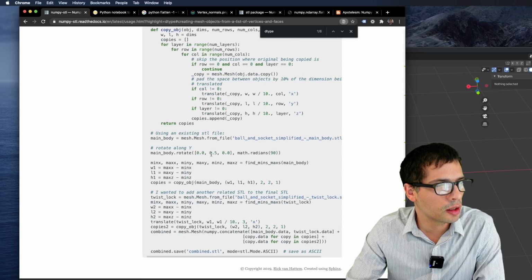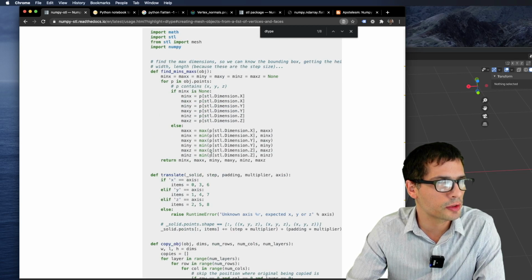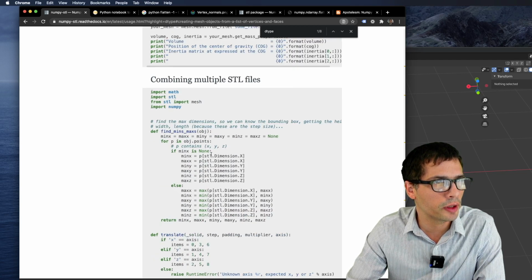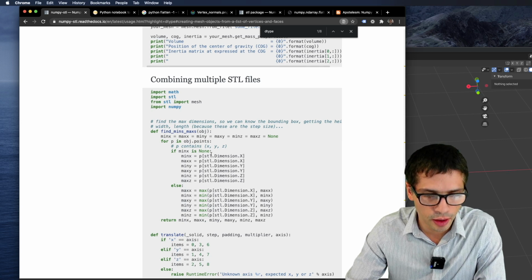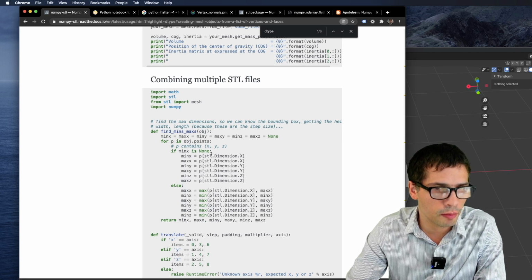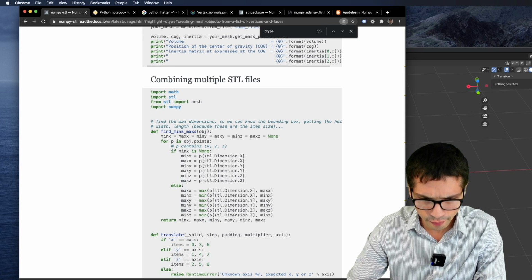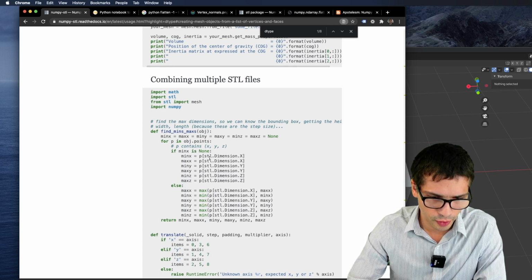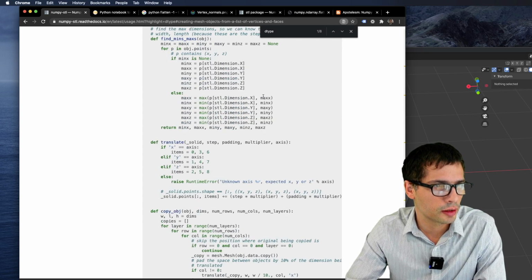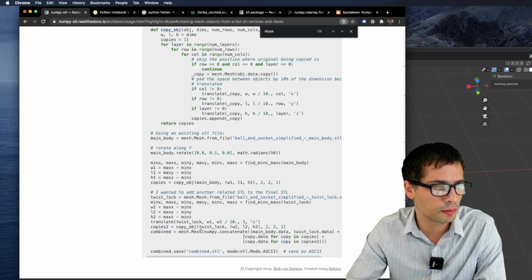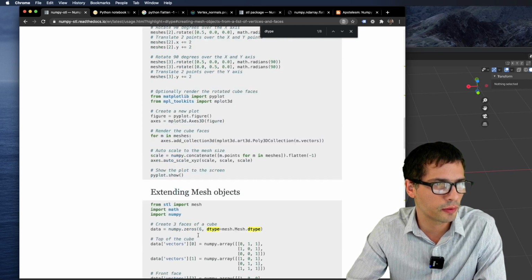In the library itself, you'll see more examples that right now are not very meaningful, like combining multiple STL files. If you have more than one object, you can combine it into one. Let's say you have different artifacts of a 3D object. You can put them together using this code, but I don't think we're going to use this for now.